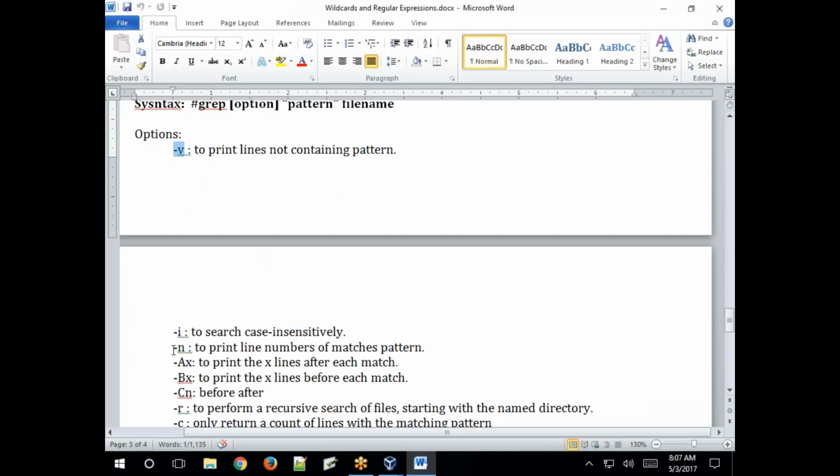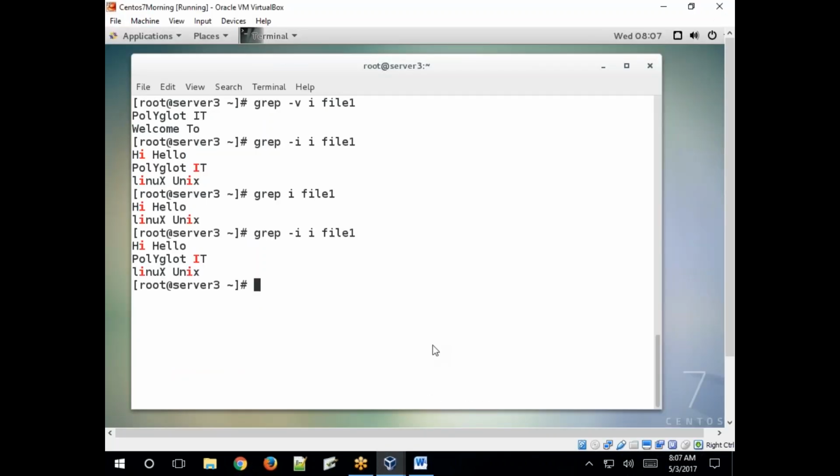Next, -n. What is -n? -n prints the line numbers of matching patterns. If you specify -n with -i, you see the first line, second line and fourth line: whatever pattern you specified with the grep syntax is matched at the first, second and fourth lines. Clear?